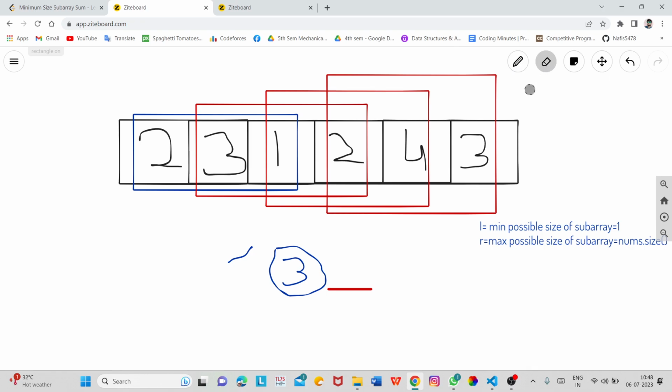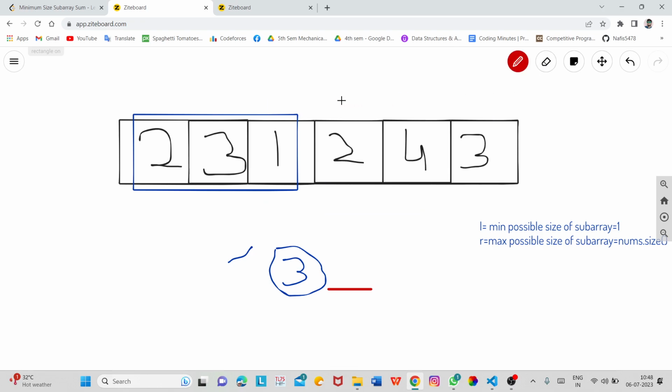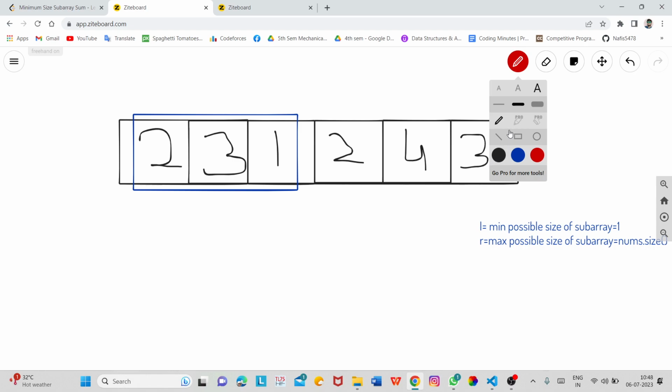So basically we will apply binary search for all such possible sizes, and we will check whether for a particular size we have our answer or not. So if we have our answer, we will try to minimize the size, and otherwise we will check for more size.